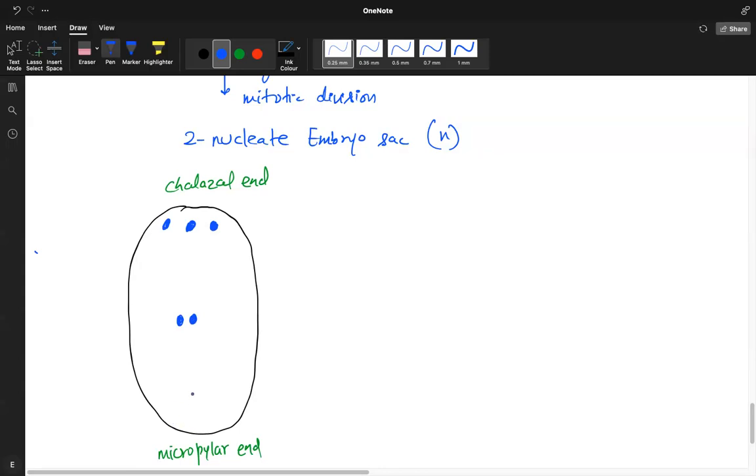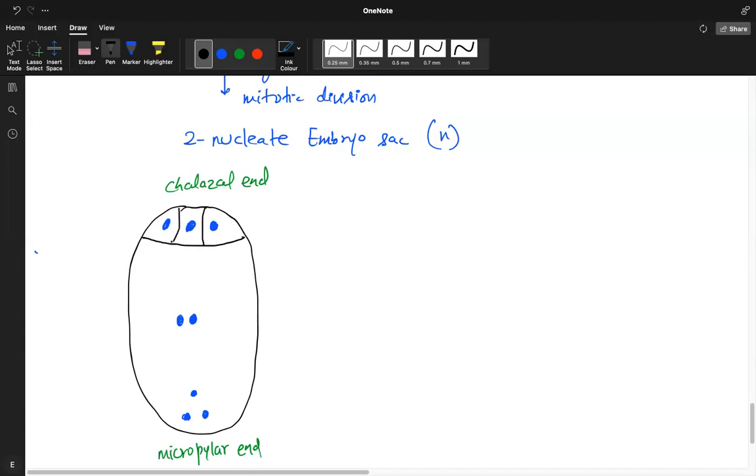Okay, 1, 2, and 3. Once this arrangement is reached, then comes the cell wall formation. So one wall is formed here,